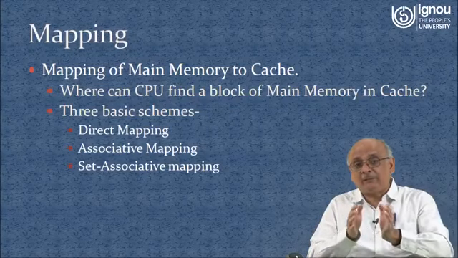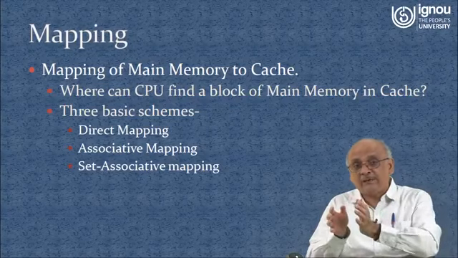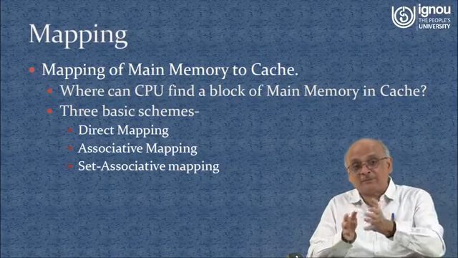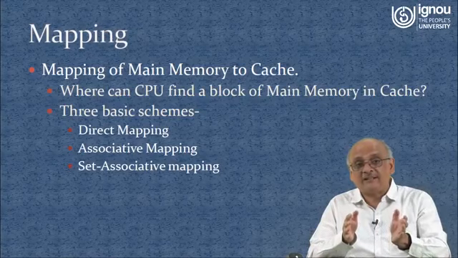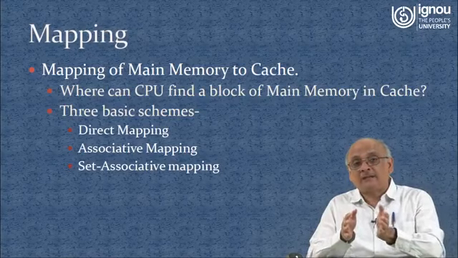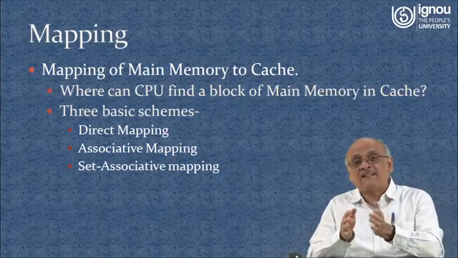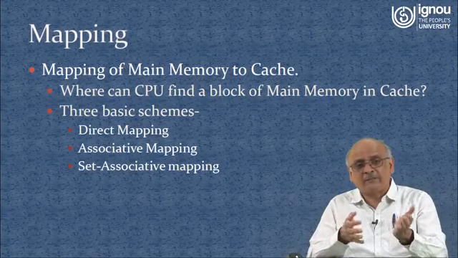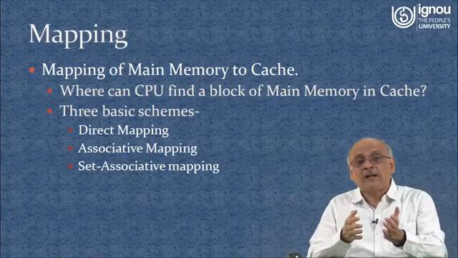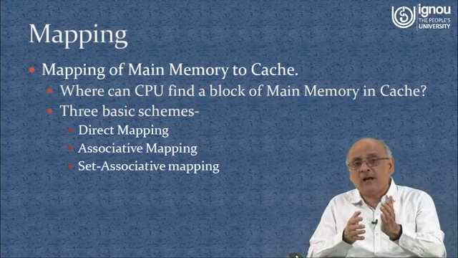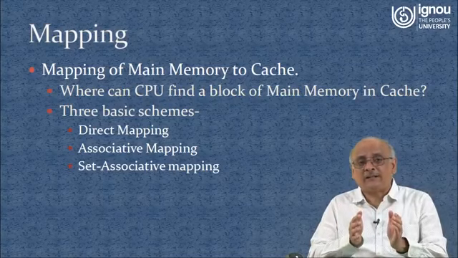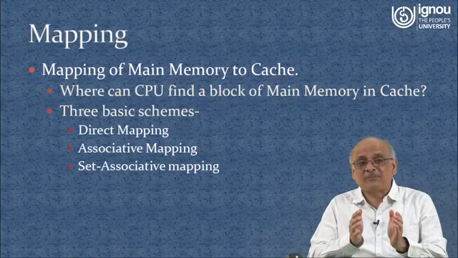Now remember one thing, main memory is bigger than the cache memory. Main memory may be smaller than the hard disk, but it is quite big. 6 GB is quite big, 8 GB, 12 GB, whereas cache has hardly MBs of size, 10 MB, 20 MB or 30, 40 MB depending on L1, L2, L3 caches. So the cache memory is small, and obviously we cannot store the entire content of main memory in cache. Only a part of the content will reside in cache.